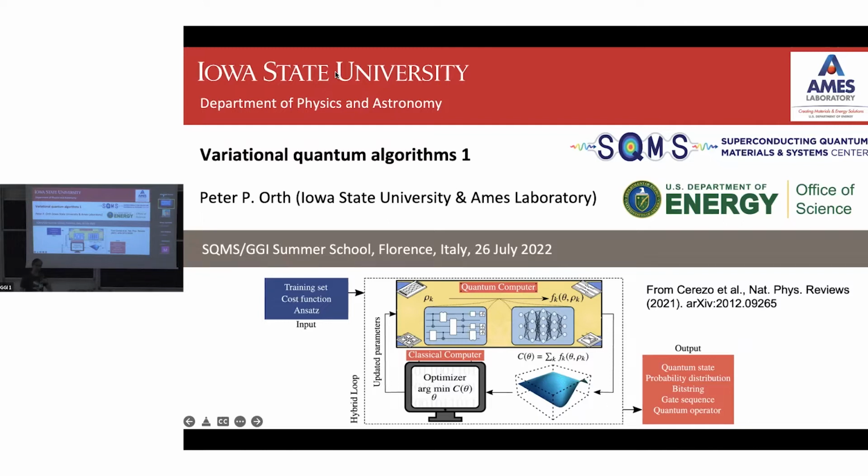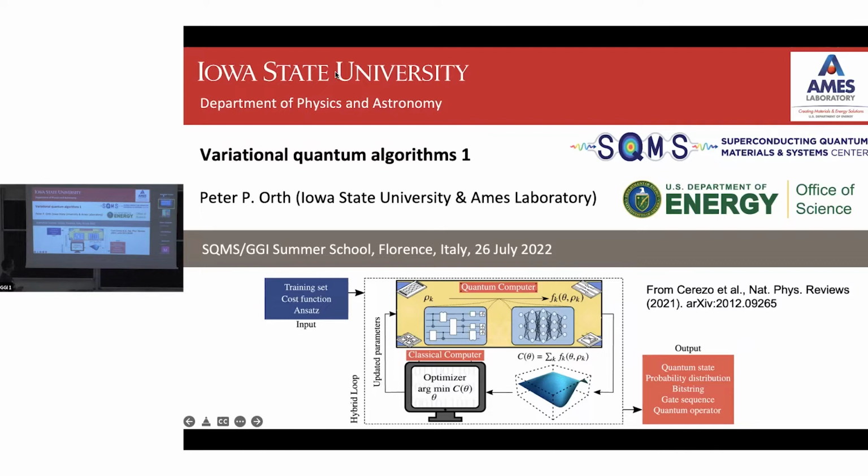So there's a feedback loop, typically, not in all of them, but in most variational algorithms, this hybrid loop between a quantum calculation on the quantum device and a calculation on the classical computer. And let me point out two difficulties with this approach already at this point. The first one is that you have to have a very efficient way that this feedback loop can be done in practice, right? Because you need to run it many times. This optimization will potentially involve many updates, and so you need to be able to do that relatively quickly if you want to run this in practice.